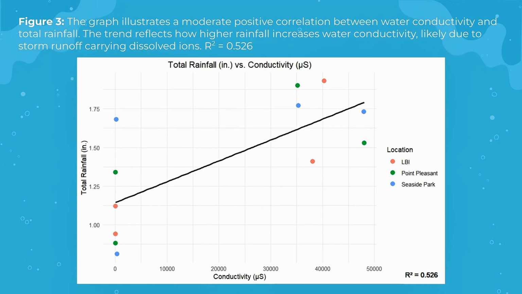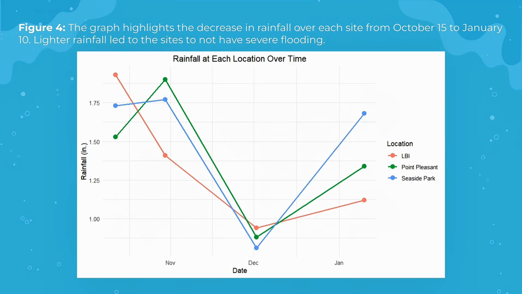Our second graph shows the relationship between total rainfall and conductivity. The R-squared value that was calculated is 0.526, meaning there's a moderate positive correlation between water conductivity and total rainfall. This pattern indicates that higher rainfall leads to increased water conductivity due to storm runoff carrying dissolved ions. Our final graph illustrates rainfall over time at each location, showing that later rainfall resulted in less severe flooding at